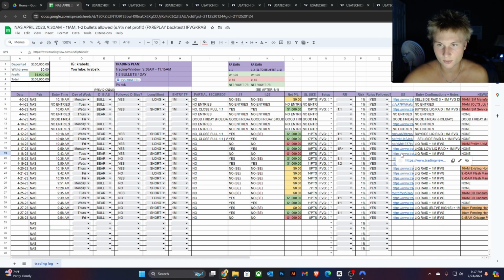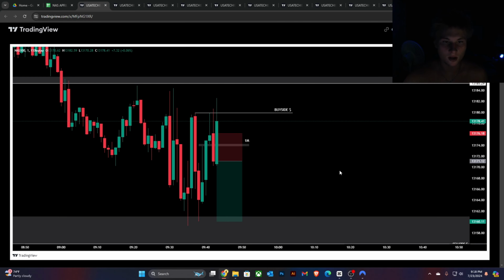Let's see, right here we got a good loss here. Nice liquidity sweep, maybe I'd say not the best liquidity sweep once again. That could be something I gotta focus more on, making sure it's a very good liquidity sweep. Like a sweep above these highs up here would have been better. But yeah, right here